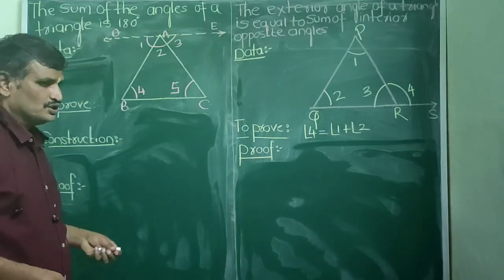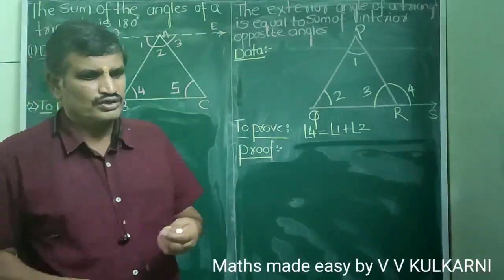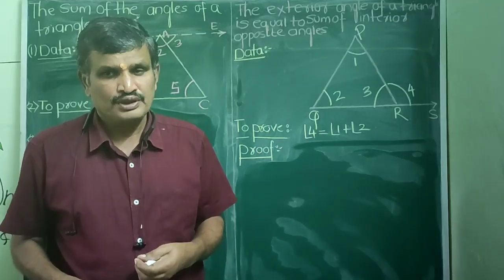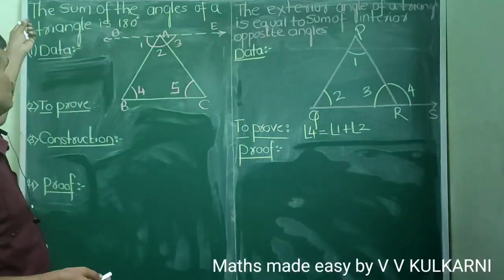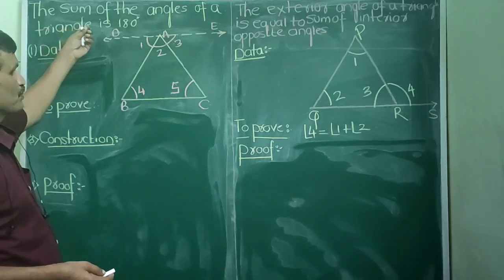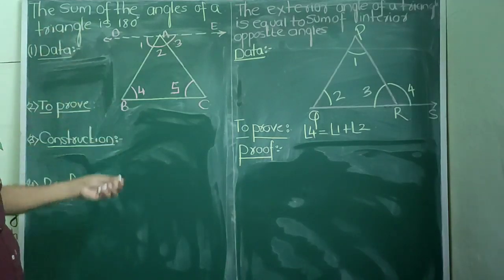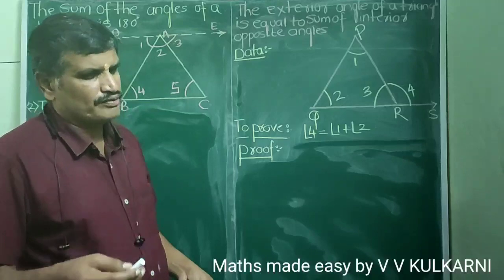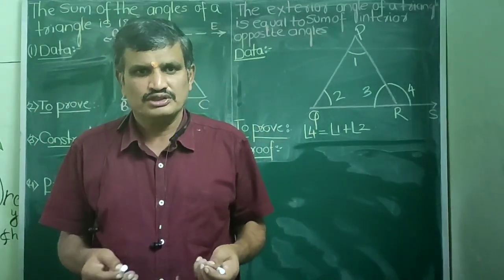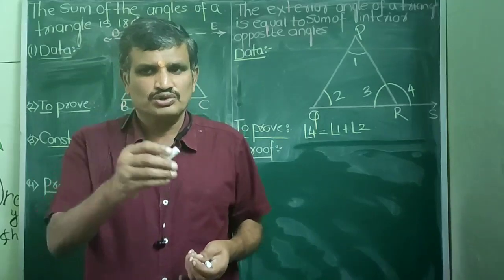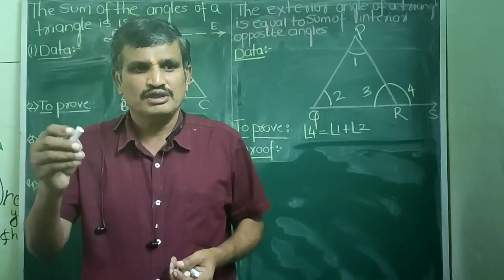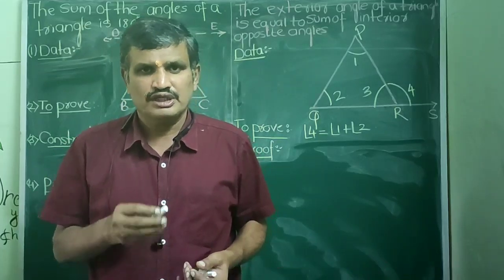So this is the difference between what you have studied so far and what you are going to study in future. See, this statement I have to prove, and proving a statement is called a theorem. So far, your teacher used to say, children, the sum of three angles of a triangle is 180. You used to blindly accept your teacher's statement, or at most you used to draw a triangle, measure all the three angles and find the sum, and it is equal to 180 degrees. That was the method that you usually followed.